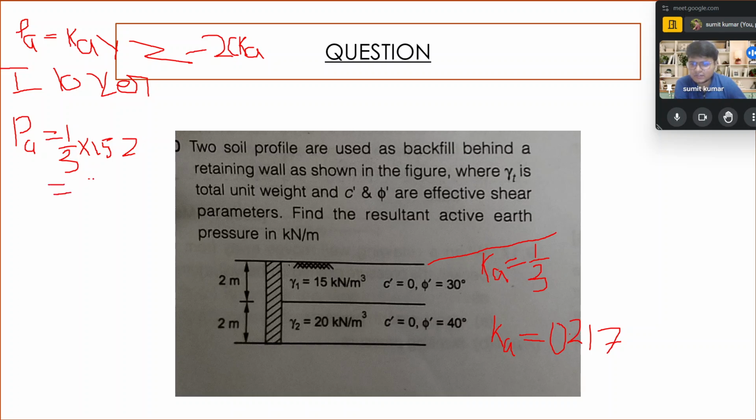So this is going to be 5Z. And for the layer 2, C is also 0, second layer,